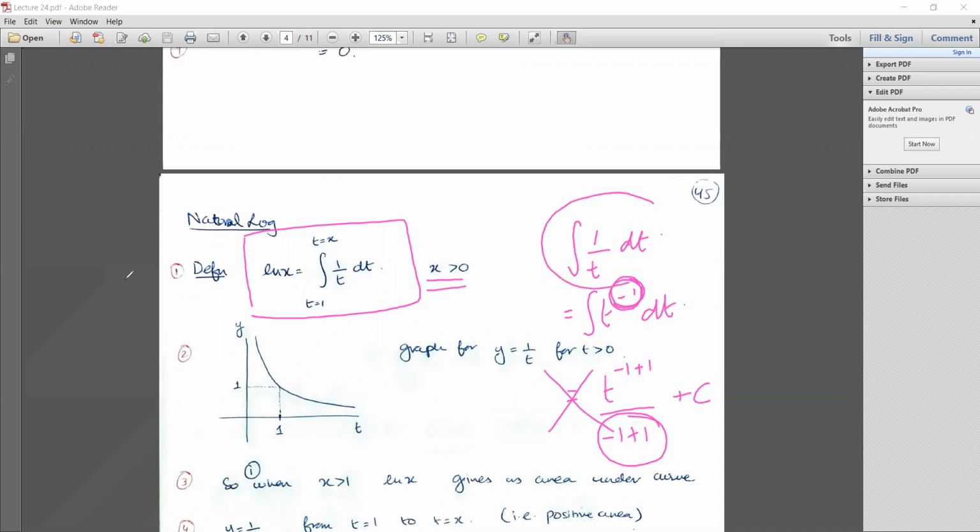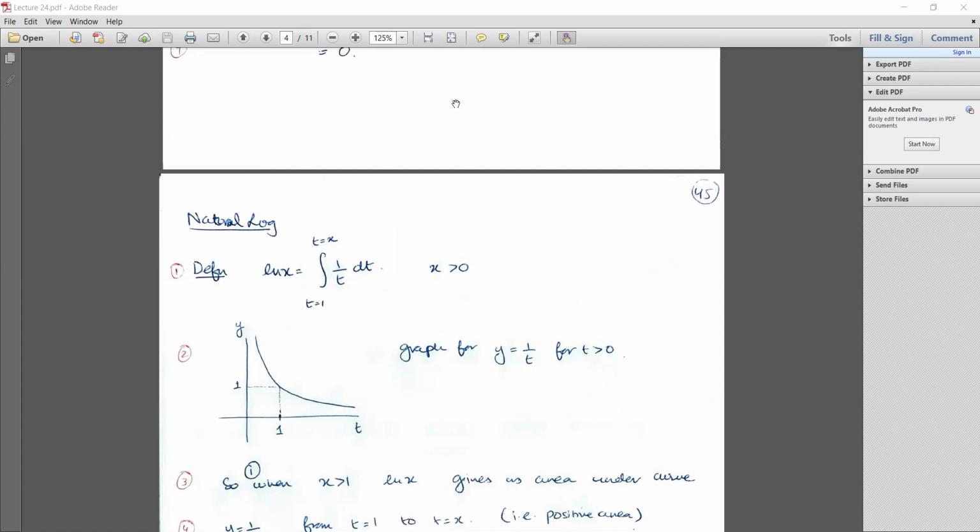When you have the integral of 1 over t dt, so far, based on what we know, we cannot evaluate it unless we define the natural log. So the power rule does not help you with this integral. It helps you when you have t raised to power any other number, but not when you have t raised to power negative 1. All right? In order to evaluate this integral, we have this function called the natural log. So the natural log of x is defined as the definite integral from 1 to x of 1 over t